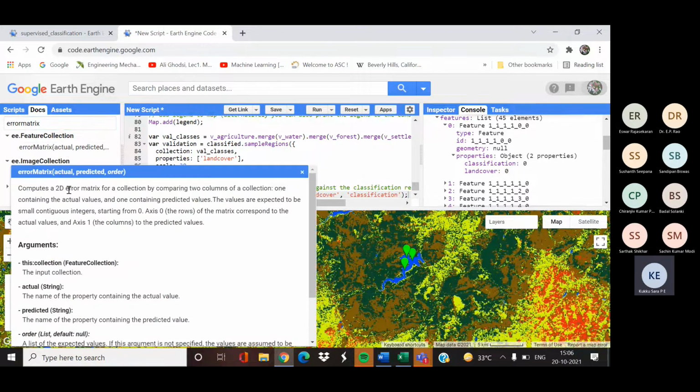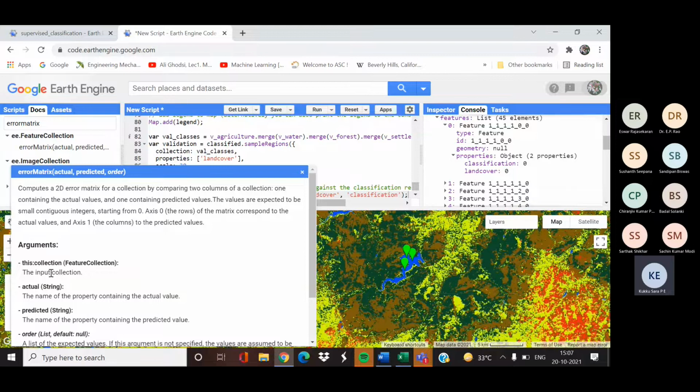So this will compute the 2D error matrix for a collection comparing two columns of a collection, one containing the actual values, that is our validation values, and the one containing the predicted values. So it will be a table whose rows will represent the actual values and columns will represent the predicted values.